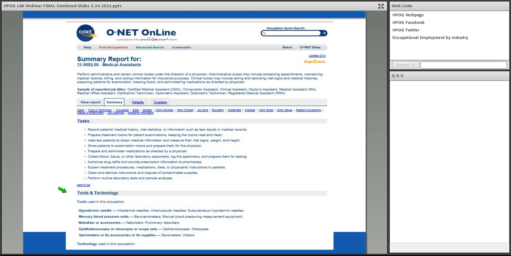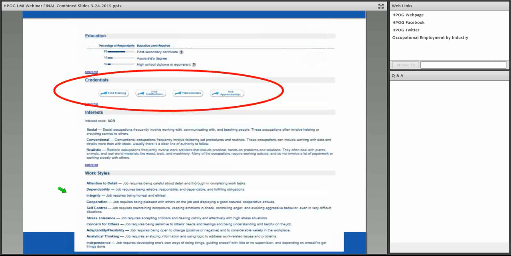I'm not going to show you everything on this report because it goes on quite a bit, but I would want to highlight some relevant information that is mentioned in the guide. If you scroll down, there's a section on typical education and also on credentials. You can link through and find training programs, these are educational programs, and you can search by state and zip code. There's also a link to find certifications. As you may be familiar in the health information technology area, there are quite a few certifications related to qualifying for those occupations.